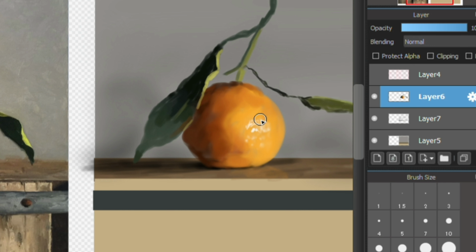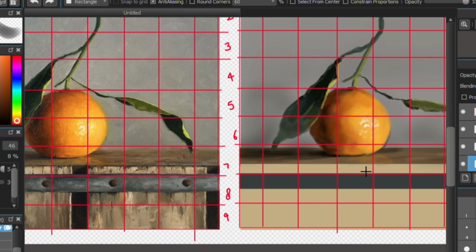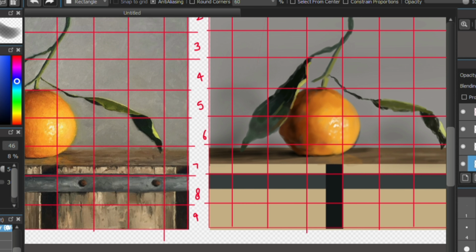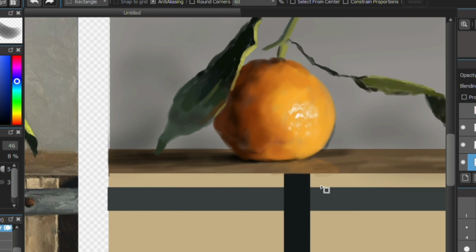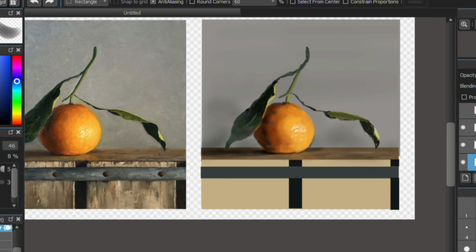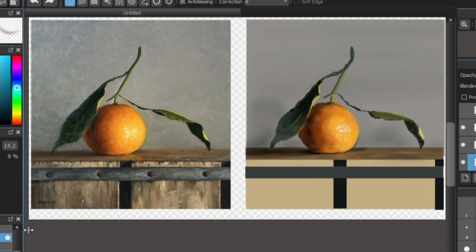So this was the last detail that we needed to add to the orange, and this is what it looks like. I know the shape of the orange is a little off, if we compare it to the picture, but as you know, there is no exact shape to an orange, and you can draw it however, so that doesn't matter. And I think it looks very much real now. And at last we need to draw the wooden part, and I will follow the exact same technique.